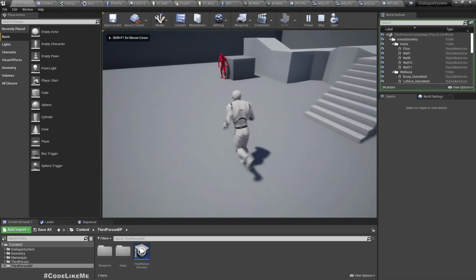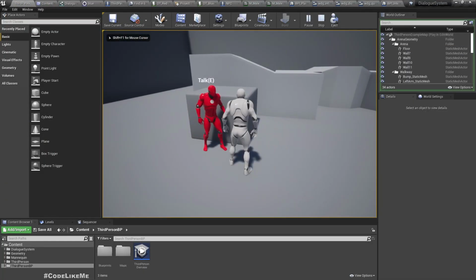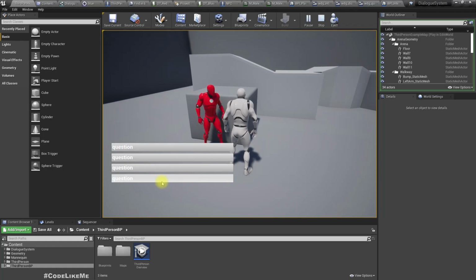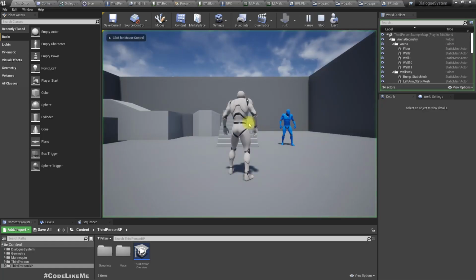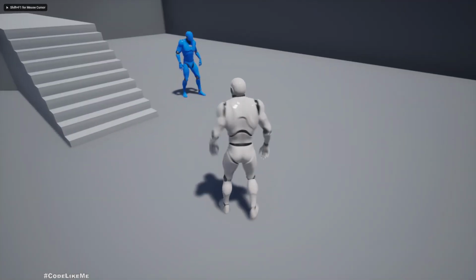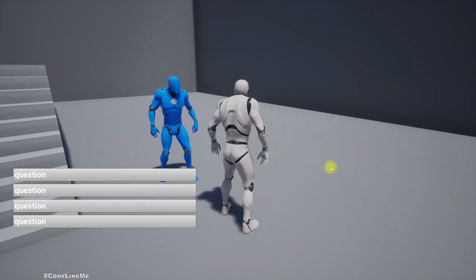Right, let's see. Hi. Hello. Cool. So I'll stop it right here, and let's test this for the blue character as well. Hi. Okay,